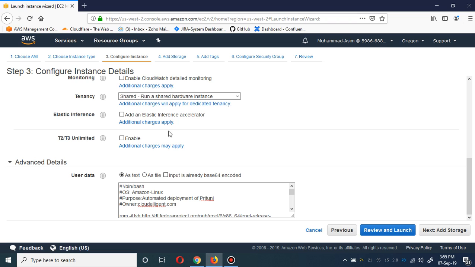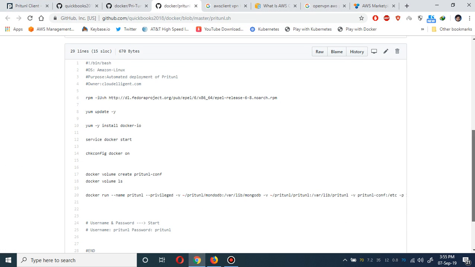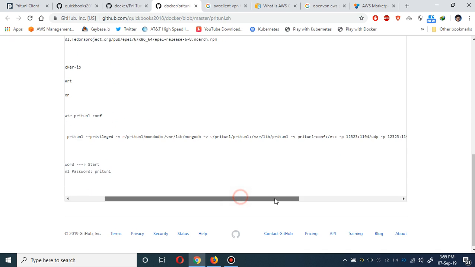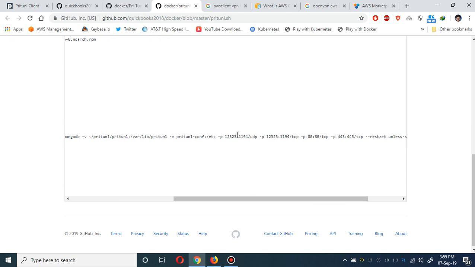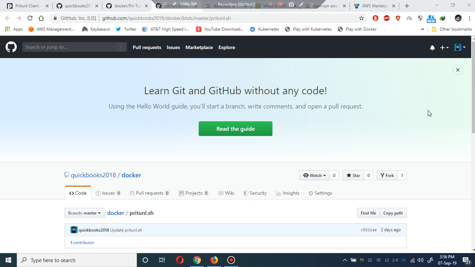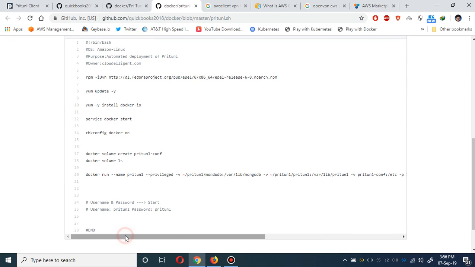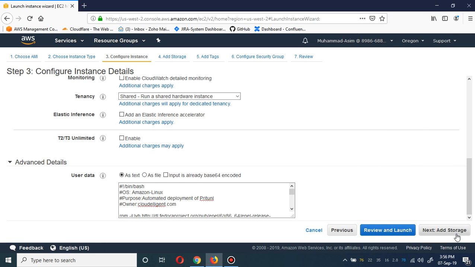And let me tell you about the script as well. What I'm doing here is that you have to open the port 12323. It is just a port, and you have to open these ports in your security groups. I will show you that as well. So click next,